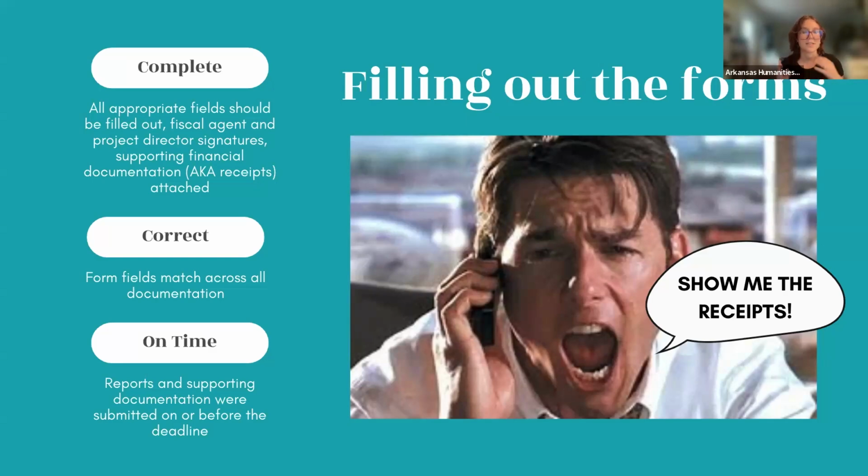So as I mentioned, to initiate your grant payments, we need some forms filled out, and we need these forms complete, correct, and on time. And for me to show you the money, I need to see the receipts before we can do stuff like that. By complete, that means I need the form, all of the fields filled out appropriately with all the correct information, all the correct people signing and dating where they need to sign it. Correct means that what you provide to me in your form matches your receipts and matches your budget,